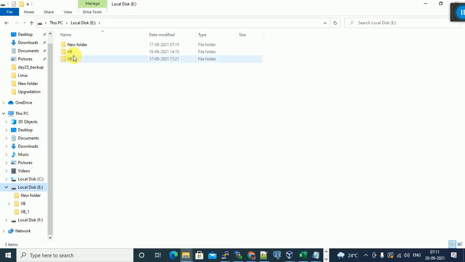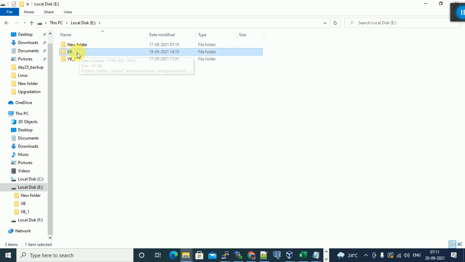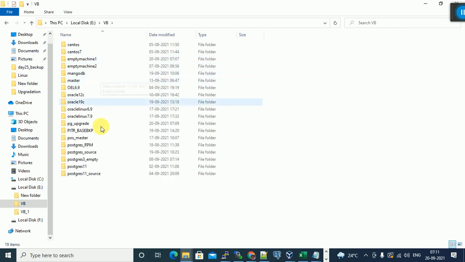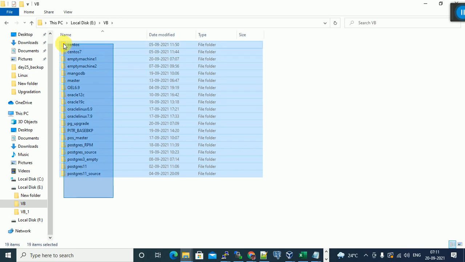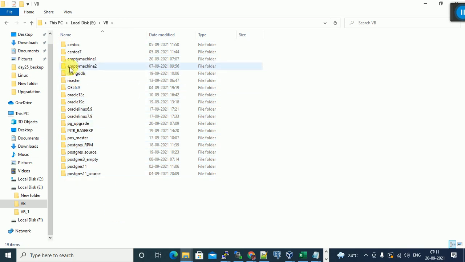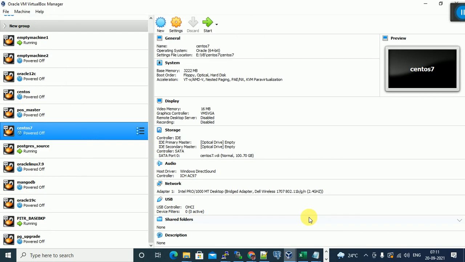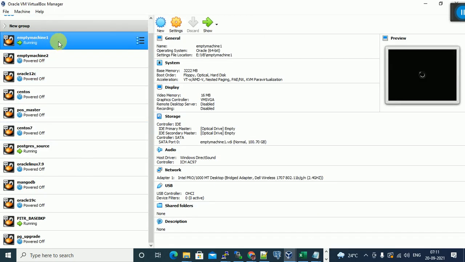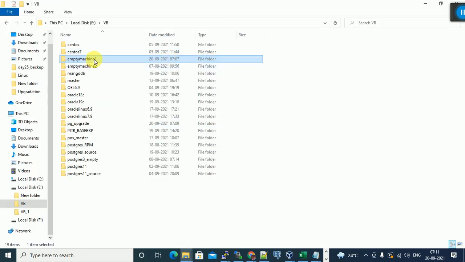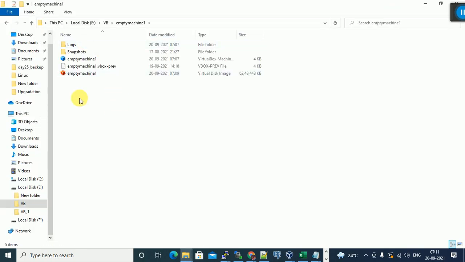This is the E drive. Open the VirtualBox VB folder. You can see how many virtual machines there are. MT mission 1, just now I started MT mission 1, the first one. For this machine, all the related files are under this folder only. Don't touch this.